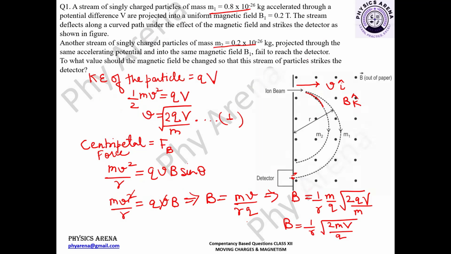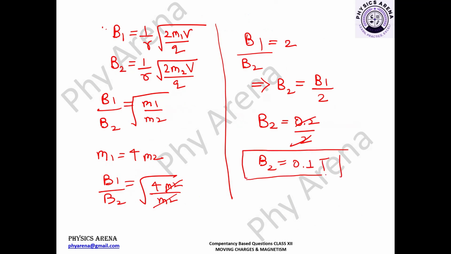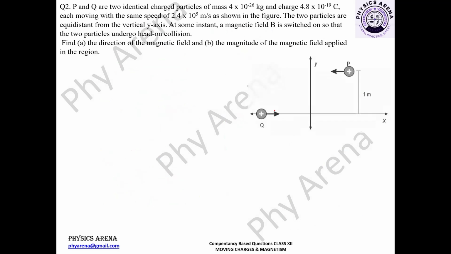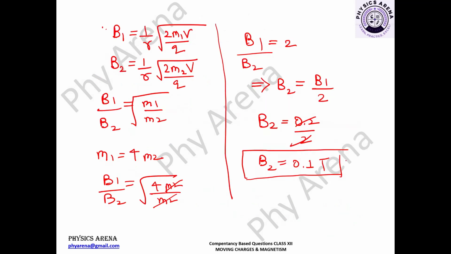Let's check the value of B1. B1 is the magnetic field for the charge with mass m1. It is given to us as 0.2 Tesla. We can put the value of B1 here. B2 is equal to 0.2 divided by 2, and it comes out to be 0.1 Tesla. That is the required answer. So in order to have a radius that hits the detector for the charged particle with mass m2, we have to apply a magnetic field equal to